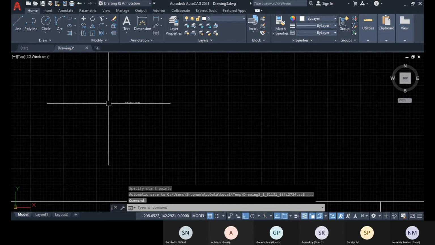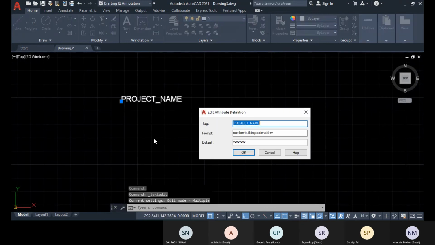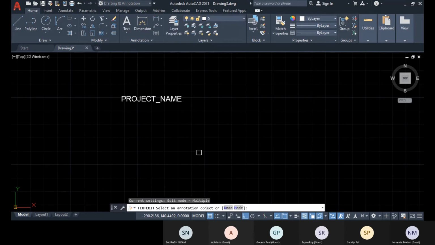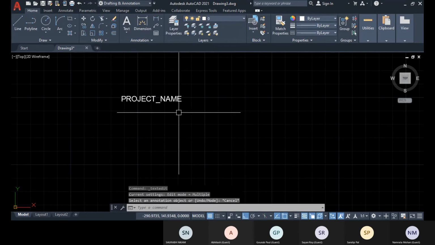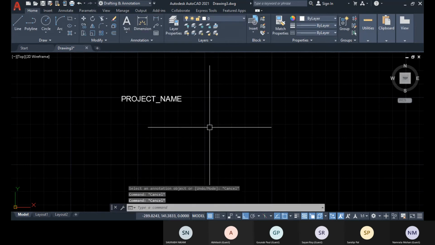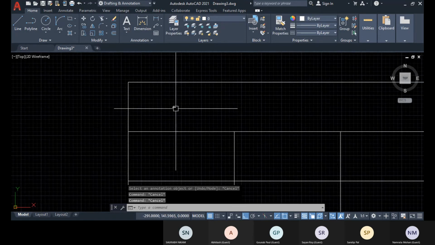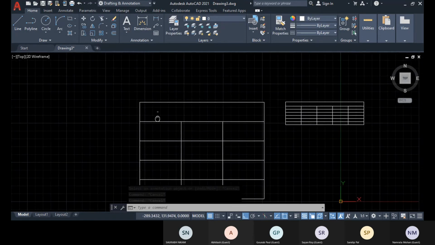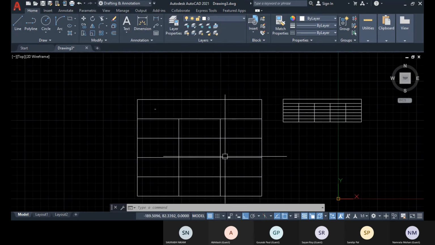Okay, this is too small, you double click on it, and after this also this is still an attribute. After this also you can change the tag, prompt, and default value, and when you convert this into block, then only you can change the default value only. So this way you will place all this and you will fill up.